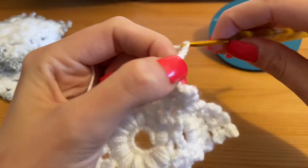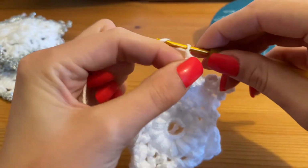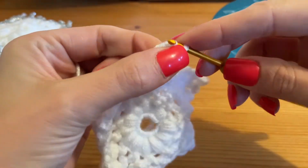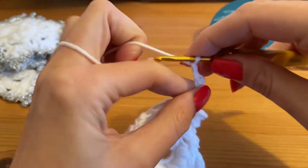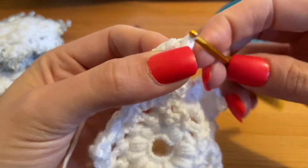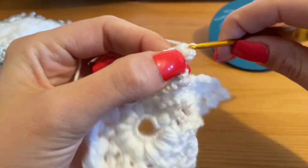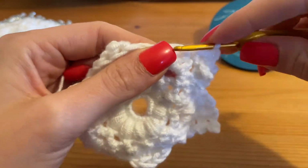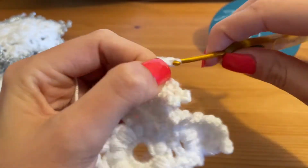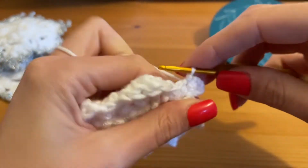So our chain of 5, slip stitch into the third, chain of 3, slip stitch into the first, another chain of 3, slip stitch into the first, and then slip stitch back down into that second chain from the original 5, chain 2 and slip stitch into the next stitch, and one more row of chain of 6, slip stitch back into that same stitch space, chain of 4